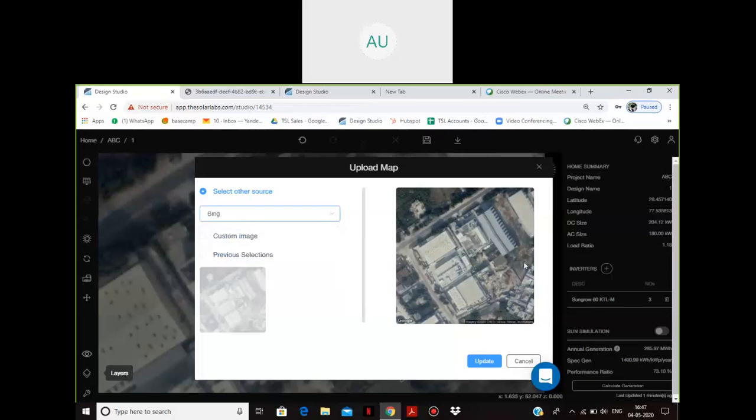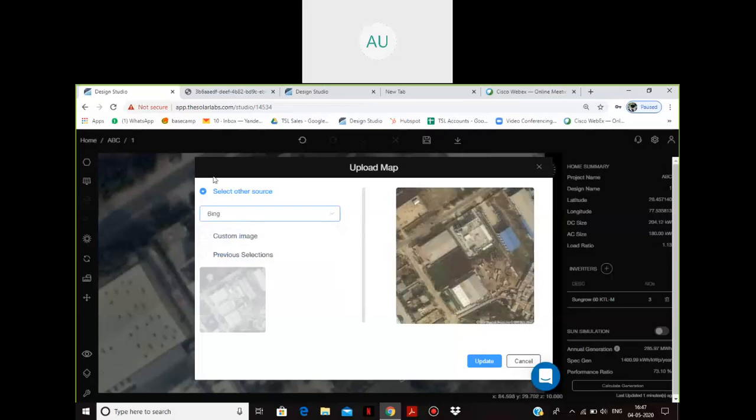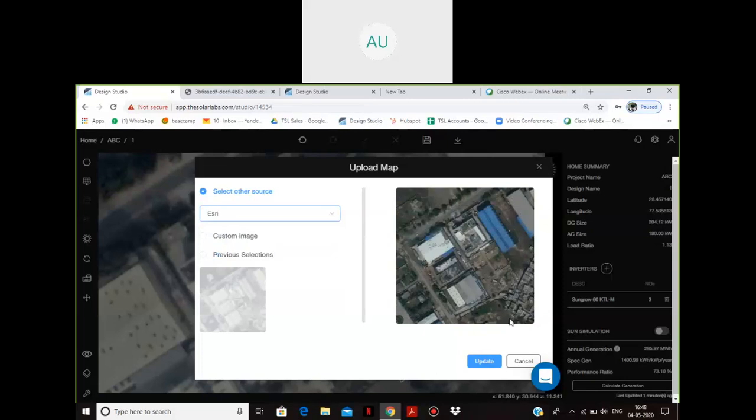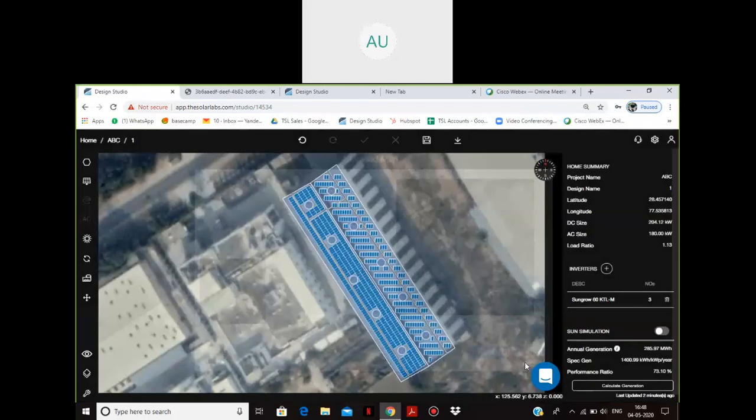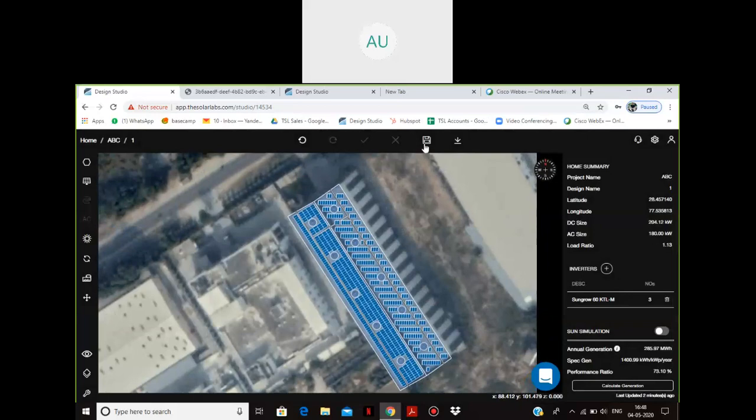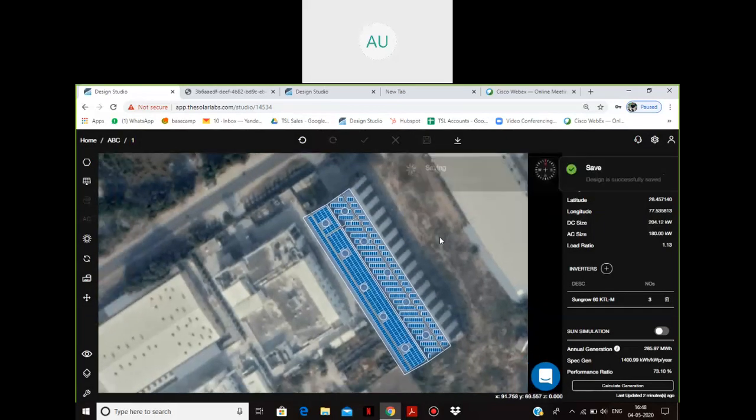If I click on Bing, here you can see the Bing image is coming up. Similarly, the A3 image will come up. Here we realize that the A3 image is the most clear, so we could have used this. If initially we had looked for a better site, we could have used this imagery. Similarly, we have an option to even put in a drone image and design over it. So this is an additional useful feature which this design platform provides to you.